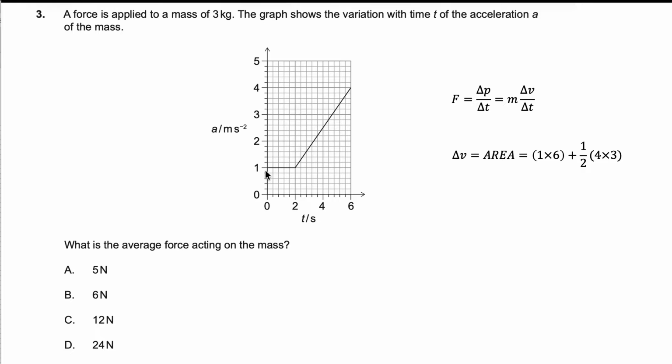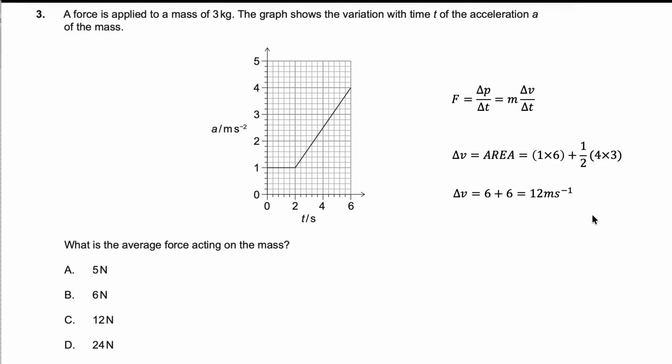In this case, you've got a changing acceleration, so you're going to have a changing force. We want to turn that changing acceleration and changing force into an average. To do that, first we need to know the change in the speed, or the change of velocity. So we've got 1 times 6 here, and we've got a 4 on the base times a 3 here. So we're adding together a rectangle and a triangle. So we've got 1 times 6 plus half of 4 times 3, which gives me a change of speed of